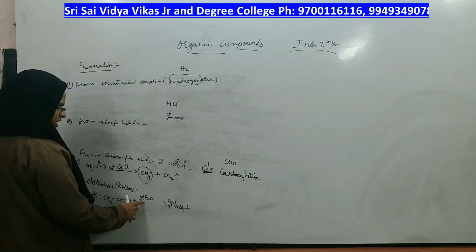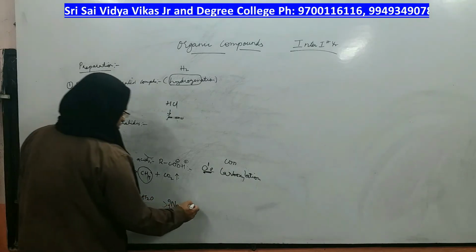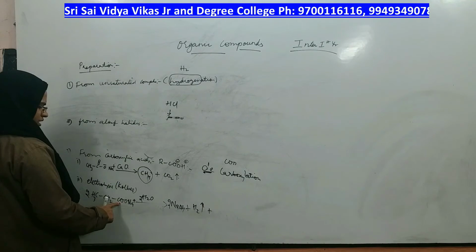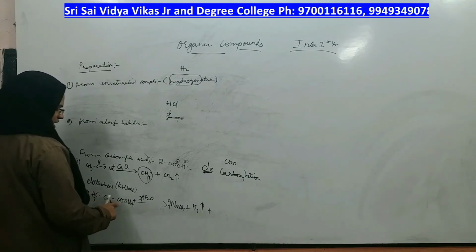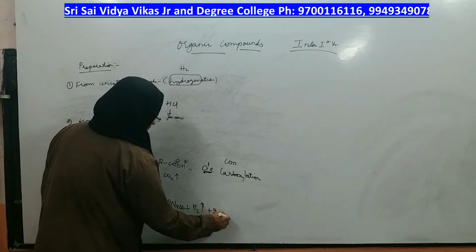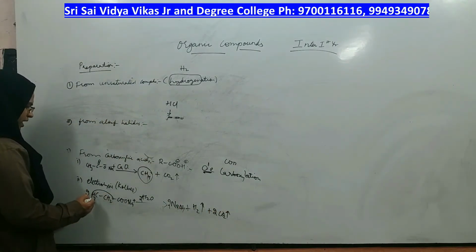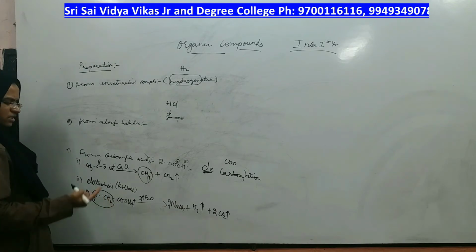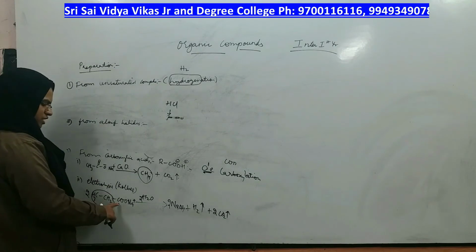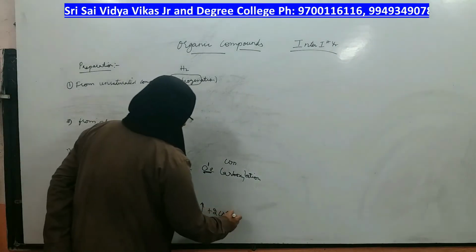Right. Next, how many H plus from water? 2 water molecules mean 2 H plus. Those 2 H plus make hydrogen gas. How many carbon dioxides? From one acid, 1 carbon dioxide. From another acid, another carbon dioxide. 2 carbon dioxides are eliminated. Now what is left? This part of one acid and the same part of another acid is left. You have to simply join them. Just remove carbon dioxide and the leftover part should be joined as it is.